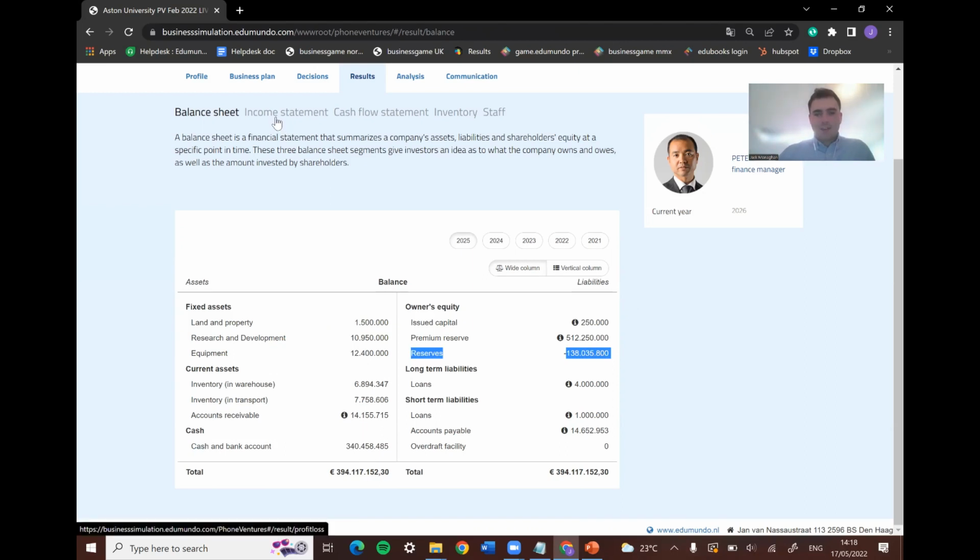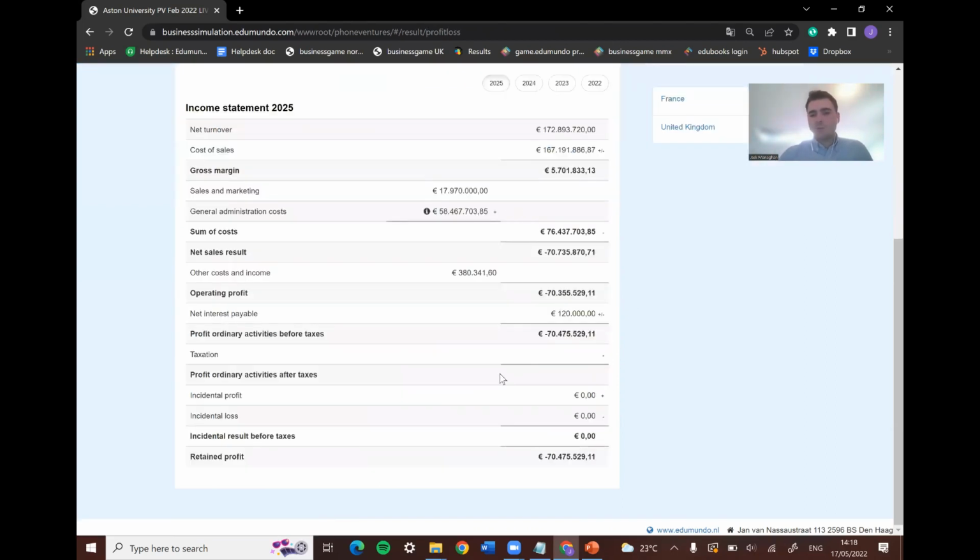Moving on to the income statement, this is where you can see your profit and loss, and as you can see with this team, unfortunately they made a loss this year, but there are a few things that I do want to draw your attention to. One important factor whenever you are trying to make a profit is making sure that you have a healthy gross profit margin. If we take a look at this team's gross profit margin, you can see it is really not that good. Our recommendation for an ideal gross profit margin is anywhere between 30 to